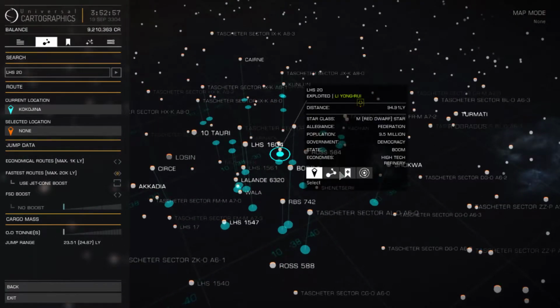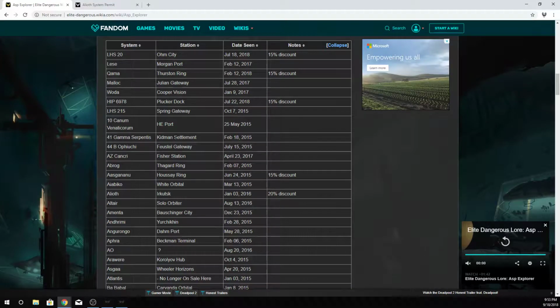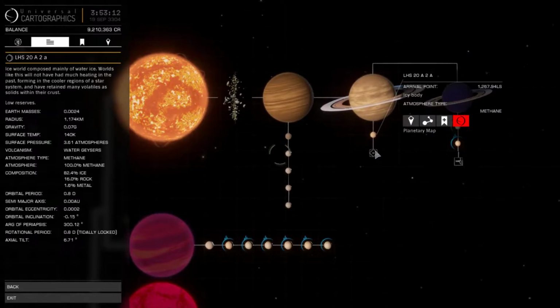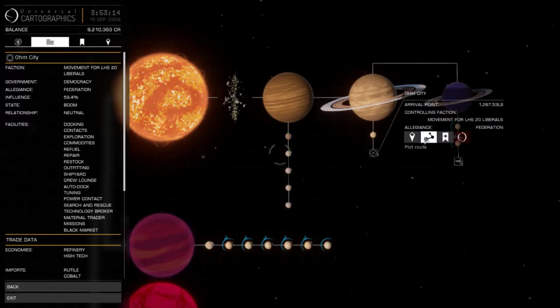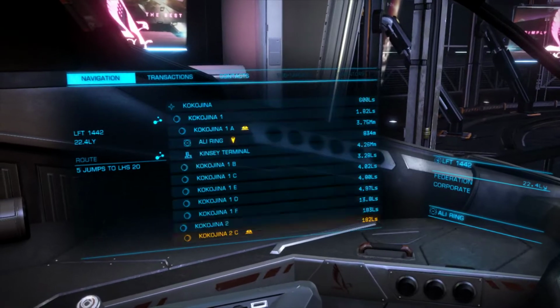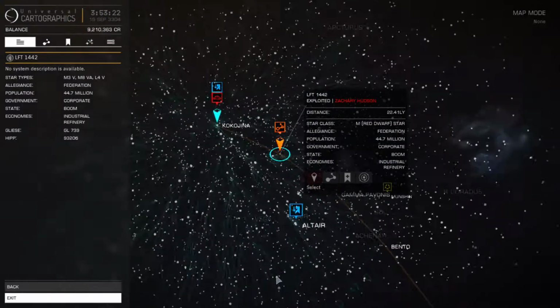Alright, so we're going to plot a route for there. Let's take a look and see. Whoop. We're looking for Ohm City, and it was in July 18th. So hopefully, Ohm City, there we go. Plot the route. Oh, and one thing when you're plotting long distance routes, if we back out of this, scan